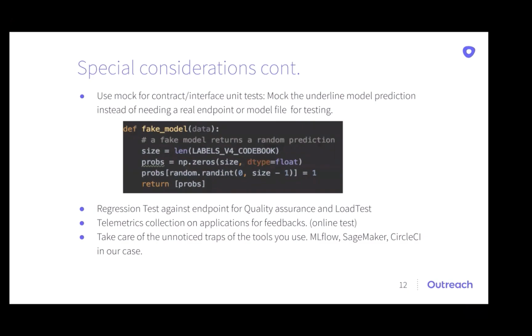Of course, last but not least, we need to deal with all kinds of unnoticed traps from different tools. For example, MLflow CLI doesn't support sync calls. If you run it locally and trigger a Databricks job, it will return immediately. And SageMaker cannot recover from a failed deployment. You have to delete the endpoint before you can deploy again. SQL actually doesn't support uppercase-based parameters for REST calls for some strange reason. So yeah, just some interesting findings.